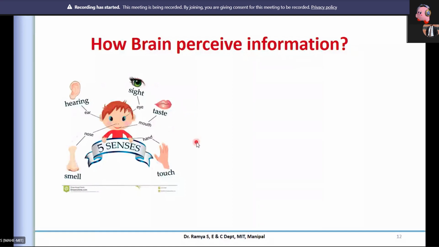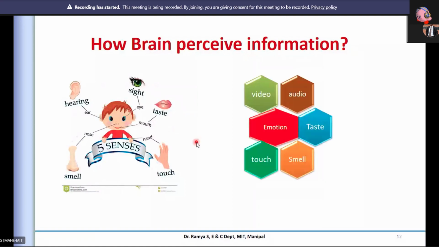Why? That is again the complexity of our brain. Though if I call this a video or audio or a taste, smell, these are the data for me. But all these are bound by another concept, that is nothing but the emotion attached to this. So this emotion is very complex in nature.